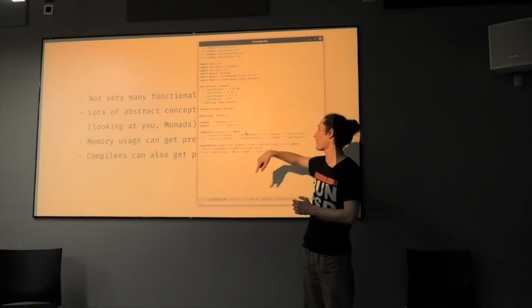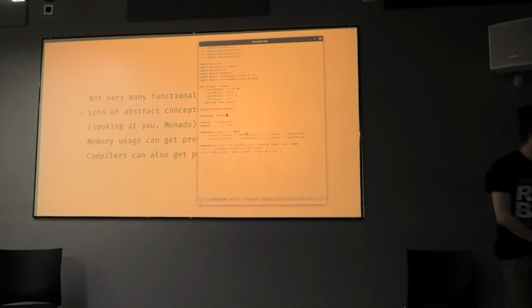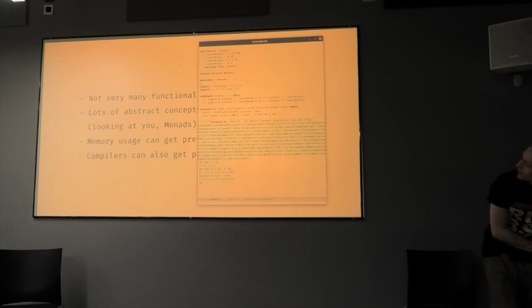The backprop library will just make it for me, which is pretty cool. So you only have to define the error, and you never have to define the actual gradient function yourself, which can definitely save a lot of time.